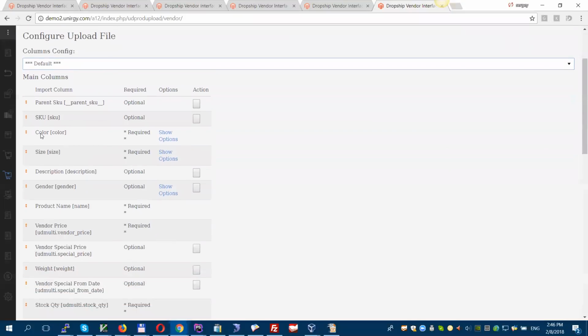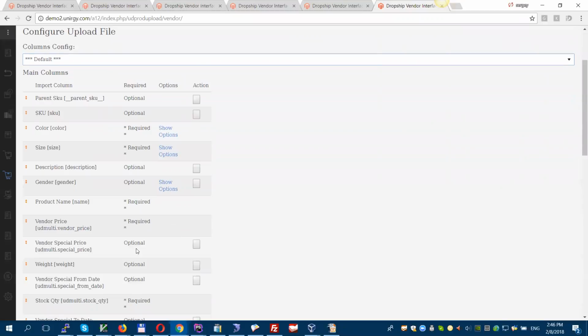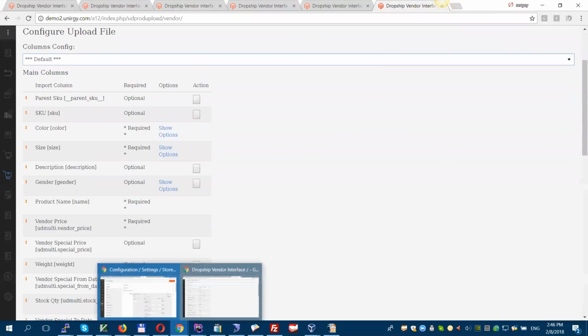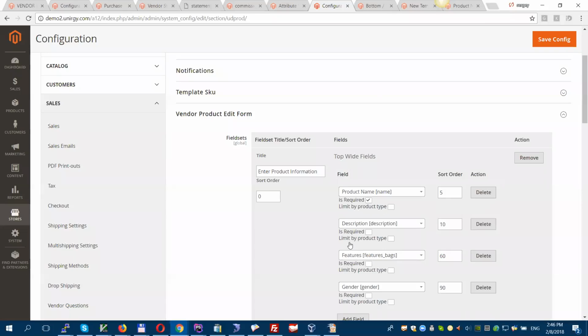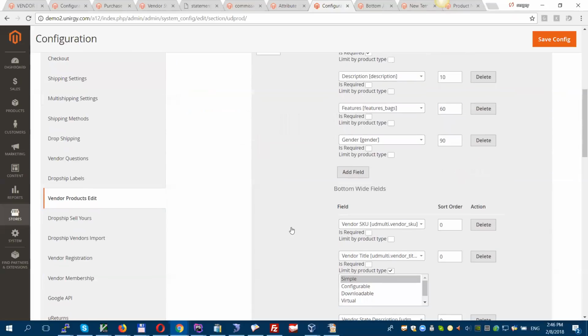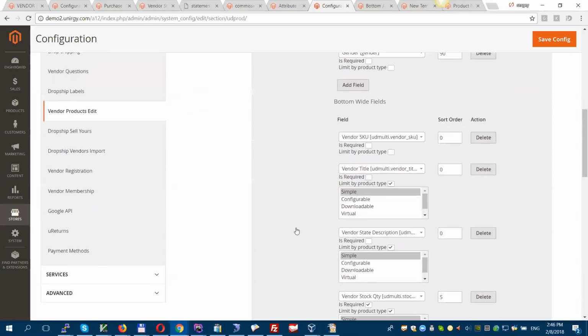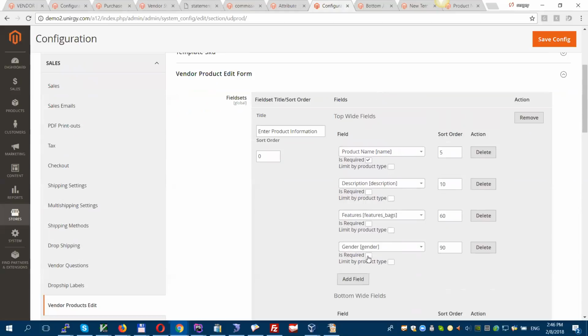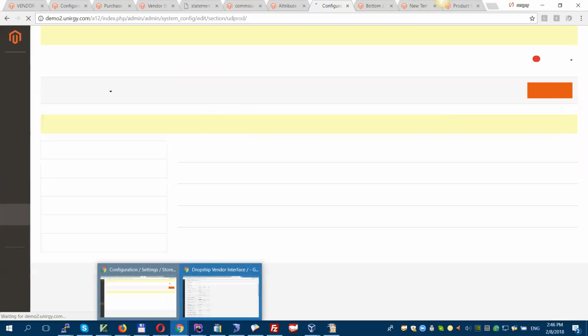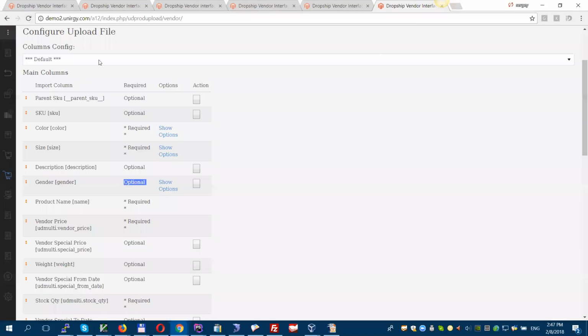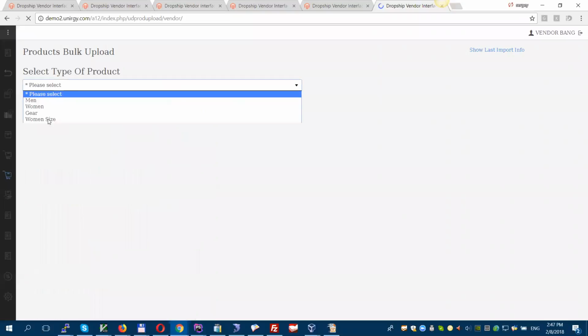The columns that you see here are taken from this configuration. For example, you want to change a field to be required or not. For example, you need to make gender a required field. Currently, it's optional here. You change it here to be required. Save configuration. And next time the vendor visits the bulk upload page and selects attribute set,